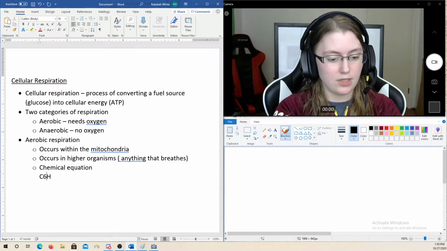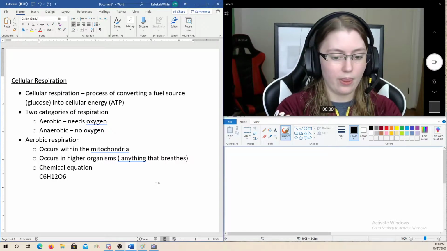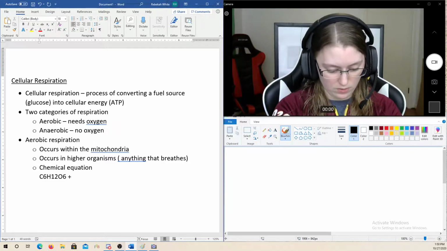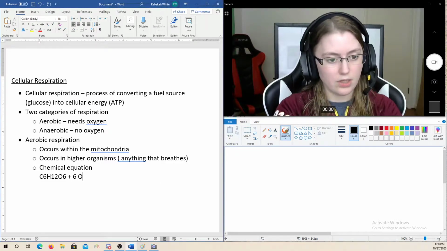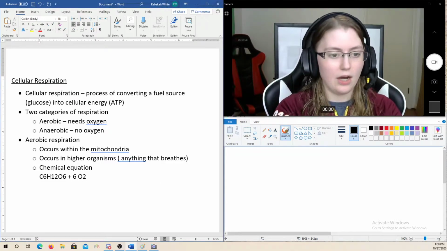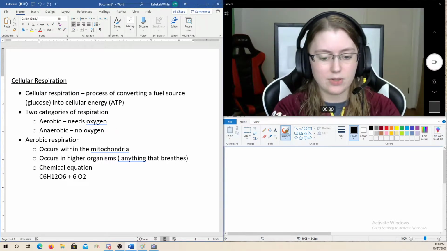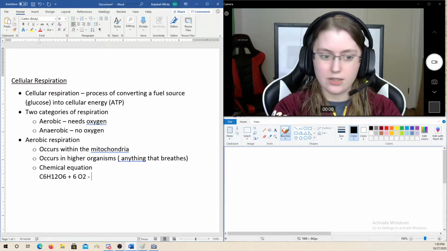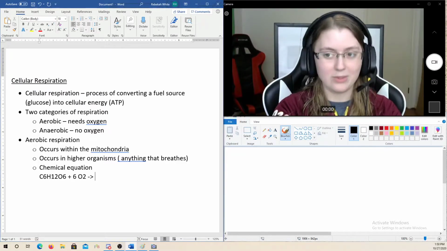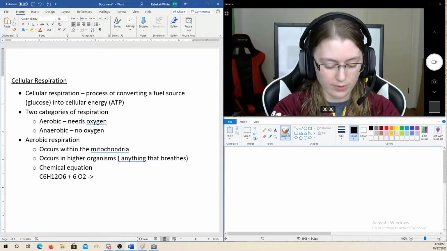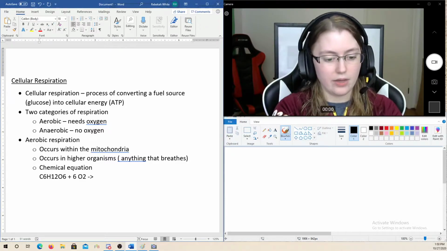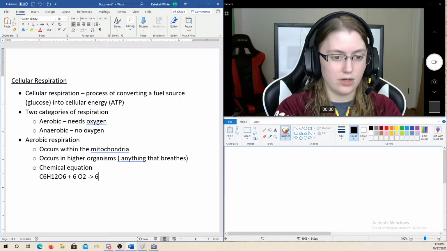So C6H12O6 plus 6O2. And these numbers, if they are to the right, are supposed to be subscripts. It's just a hassle to do subscripts while actively typing, so if I post these notes later, I will switch them to subscripts. Okay, and then 6 CO2,